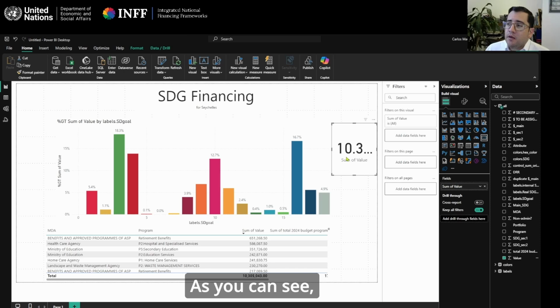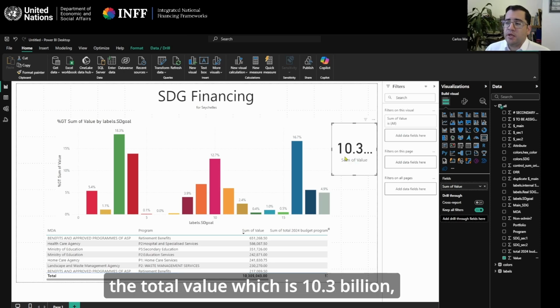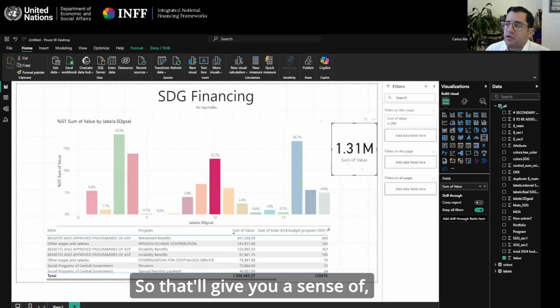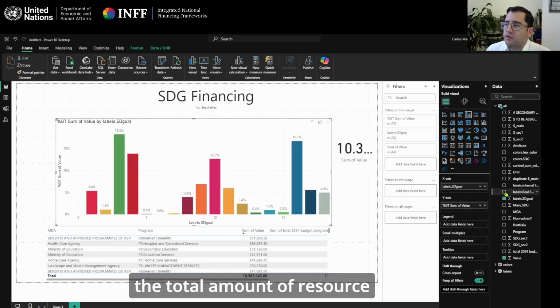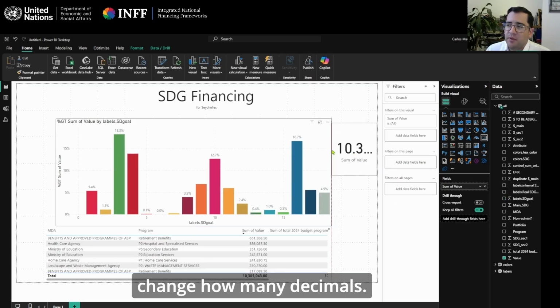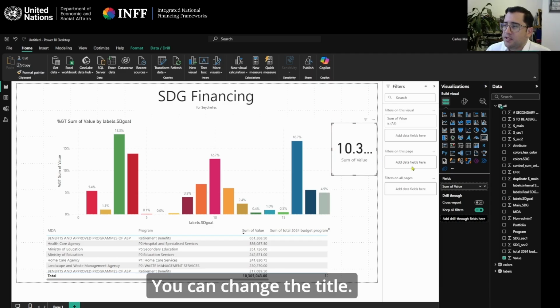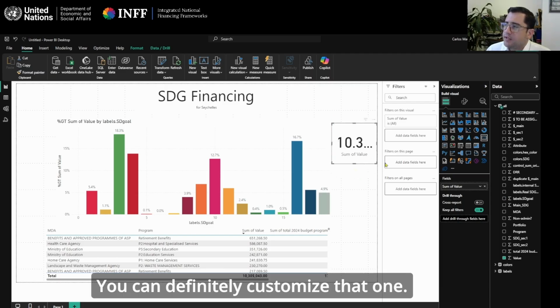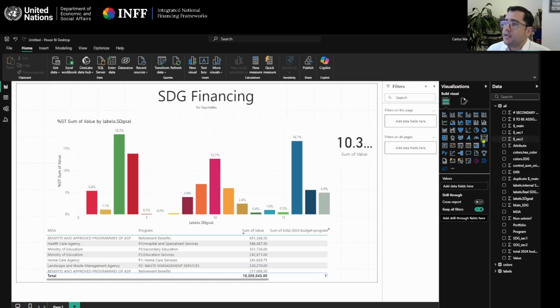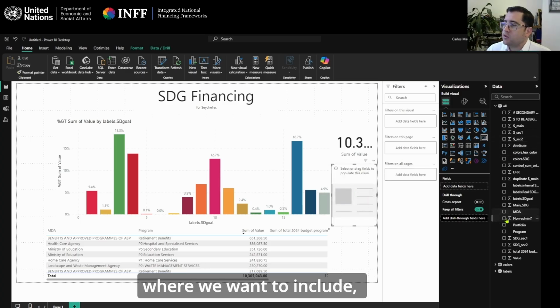As you can see, it has included the total value, which is 10.3 billion Seychelles rupees. And as you navigate, you will see different values for each. So that'll give you a sense of the total amount of resource that you are calculating. You can definitely change how many decimals, you can change the title, you can customize that one. So let's click outside. That's very important. Click outside and then click on another card